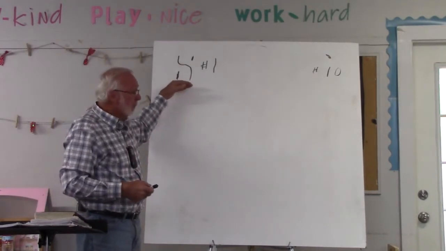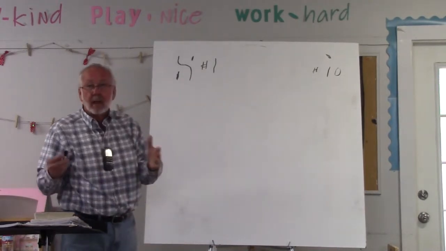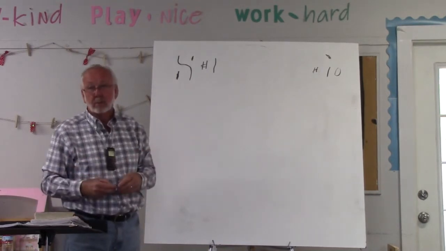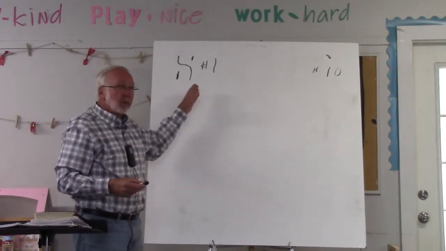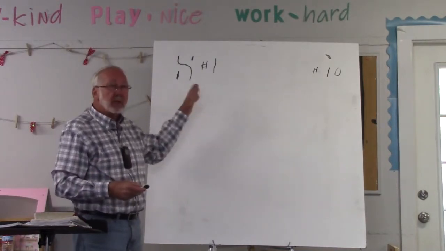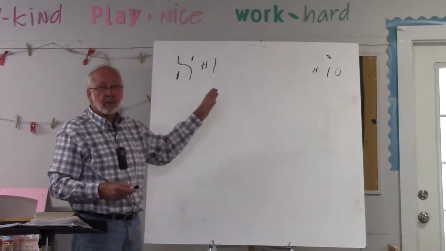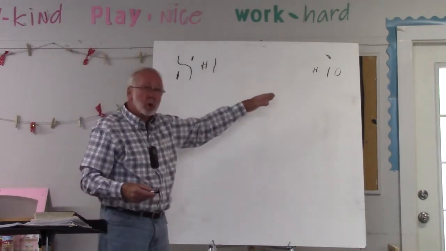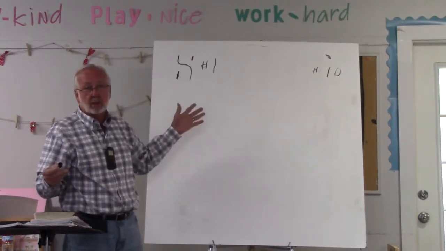Like the Aleph numerical value is number 1, because in Hebrew you don't have an alphabet and a number system. The alphabet is the numbering system. That's kind of confusing. So in Hebrew it doesn't count 1 through 10 and then go 10, 11, 12, 13, 14. It doesn't count that way. It goes 1 through 10 and then it counts 10 through 90 in increments, 10, 20, 30, 40, 50. So if you want to say 11, you would have to say Yod Aleph. You understand that? That's the only way you can get to 11.